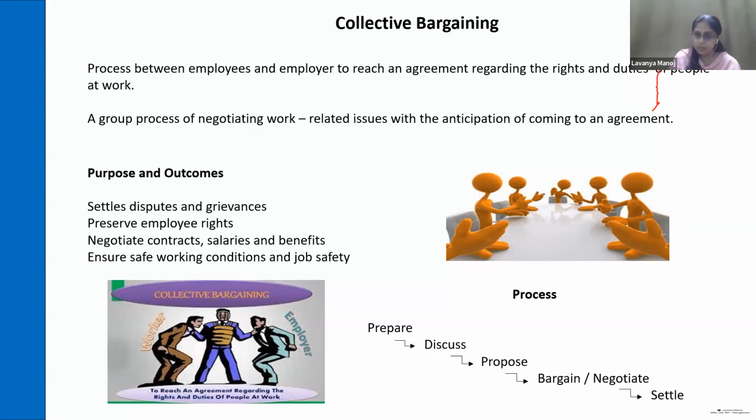We have government arbitrators, government mediators, and private mediators. So the person will be called, the agency will be called. On behalf of both the parties, the mediator will speak and come to an agreement, make both the parties agree to a few terms and conditions, which is no profit, no loss for both the parties. So this is how collective bargaining is done, and it's part of the negotiating aspect done by the trade union.